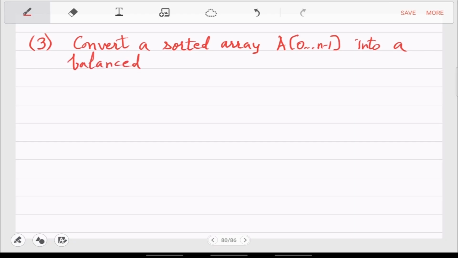Even this you have seen, in order n time. So how do you get both search property and balanced from an array? The array is given to be sorted.